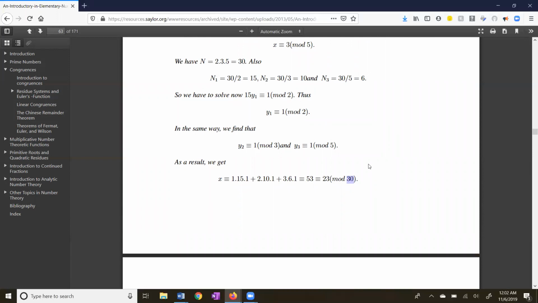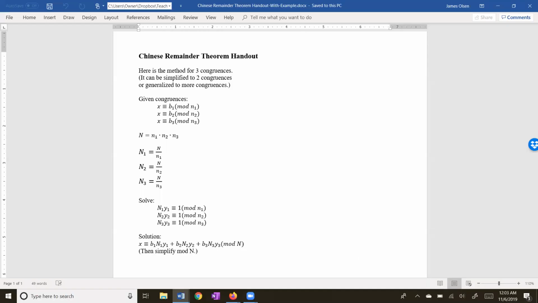Now let's go to the Chinese Remainder Theorem handout. I'm going to show you the method for 3 congruences, but this can be simplified to 2 congruences or generalized to more than 3 congruences. One comment I wanted to make before I forget is